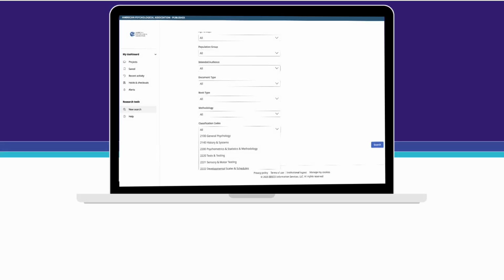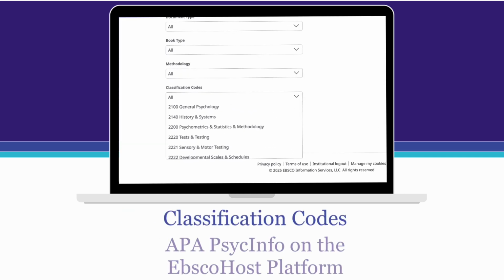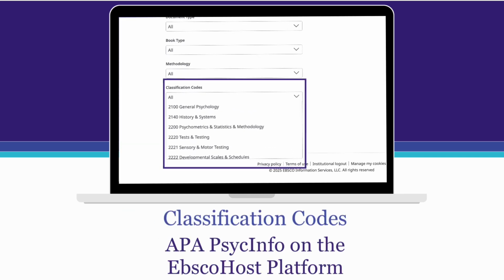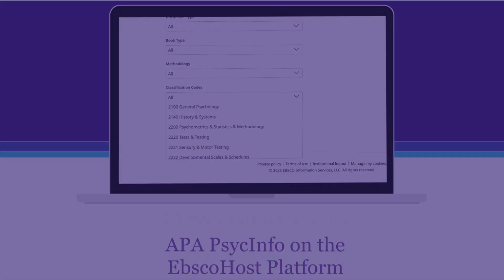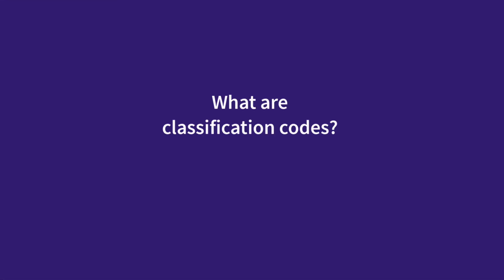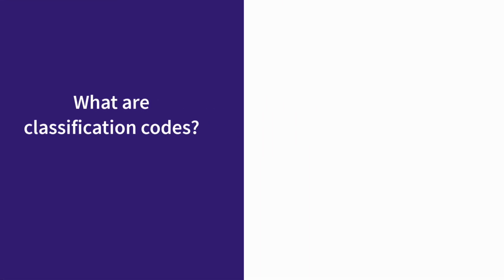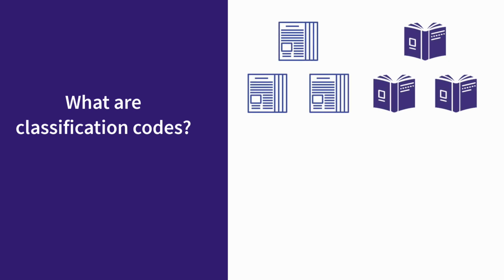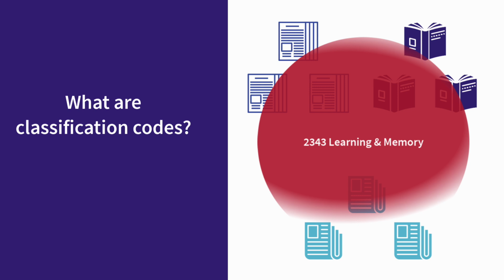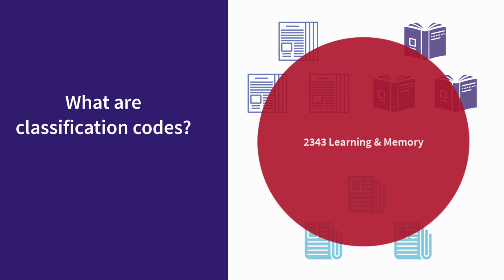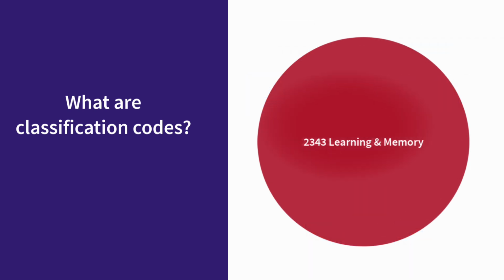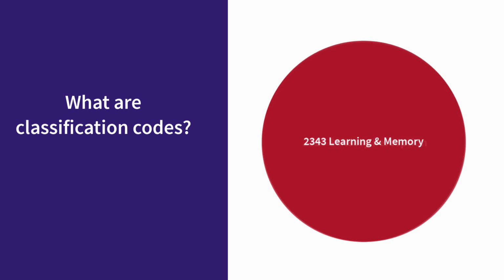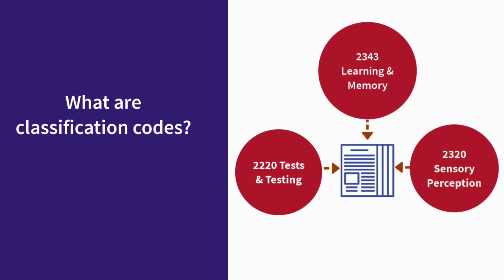In this video, we'll guide you through how to use classification codes in APA PsycInfo on the EBSCO platform. So what are classification codes? They're a tool in APA PsycInfo that groups articles, book chapters, and dissertations by broad subject categories. Think of them as a way to quickly narrow down your search results to focus on topics that matter most